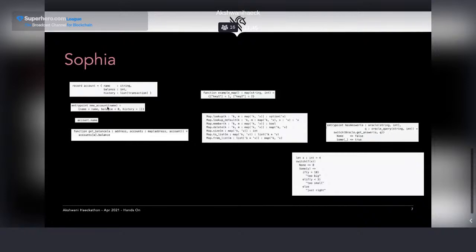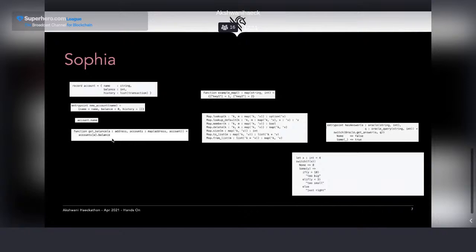The way also to store the information on a record, returning that from a function, accessing the information of a record, like the account name here. It's very easy, very straightforward. So once I get the three different rules we have, it's going to be very easy to work with.